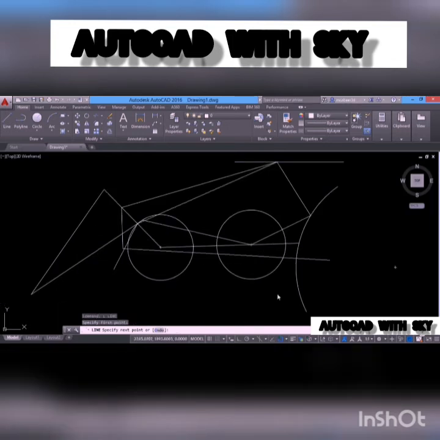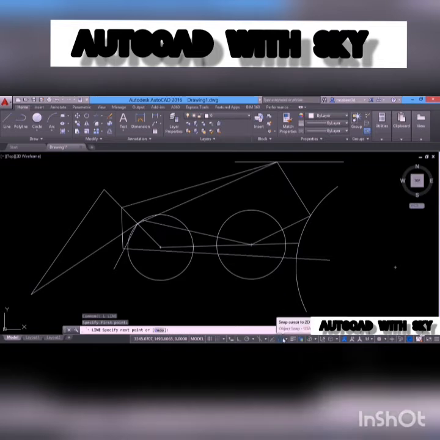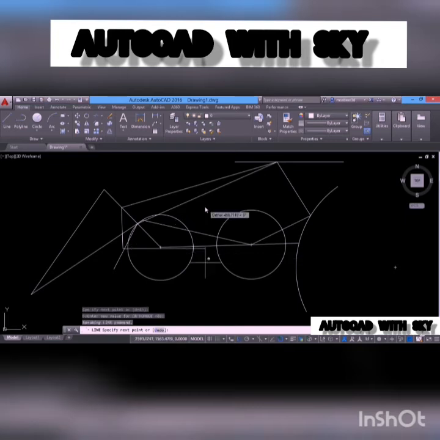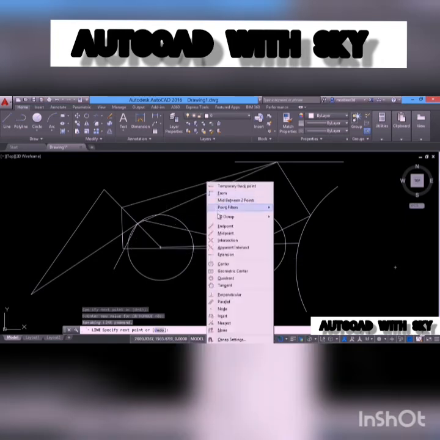So just to refresh, how will you access the override mode? When you are in the running mode, when you have a number of items which are permanently attached to the cursor, and if you want to use an item which is not frequently used, all you have to do is hold down the shift key and the right button of the mouse to get this button menu, and you can access any desired item from here on the top of a running mode. Once you take an item, your cursor will have only that particular item attached.